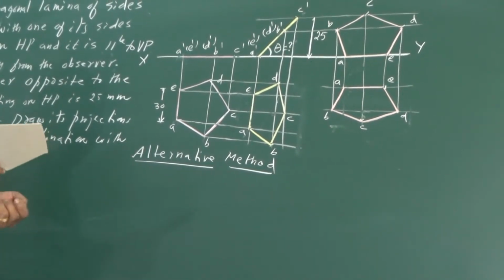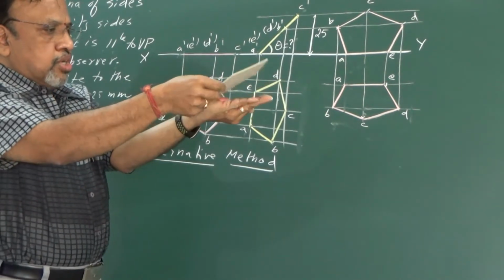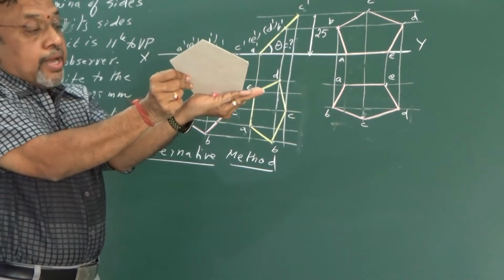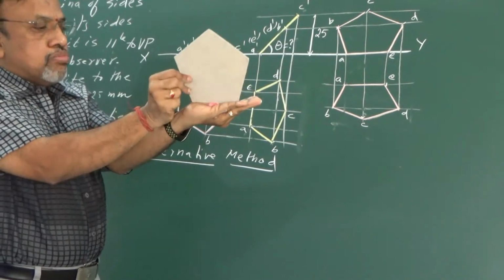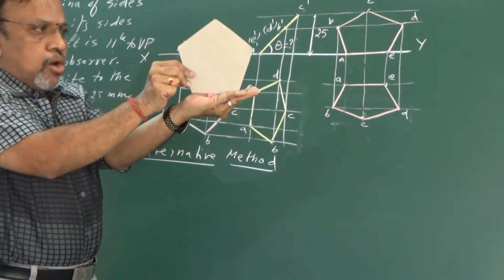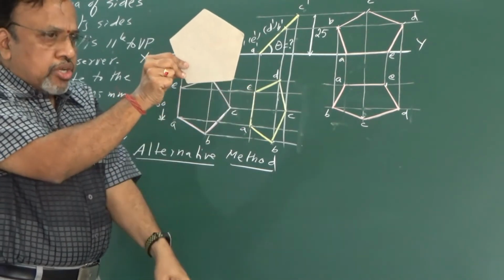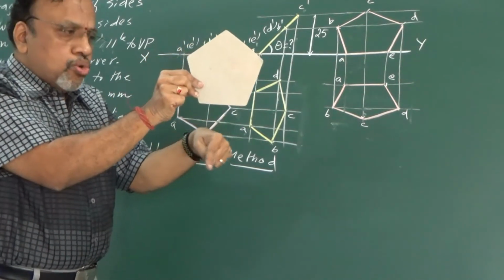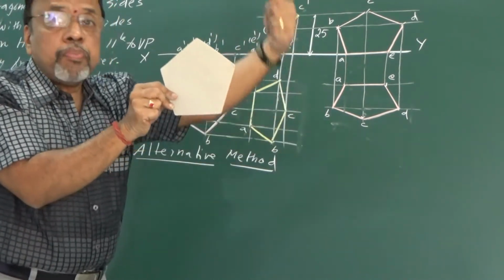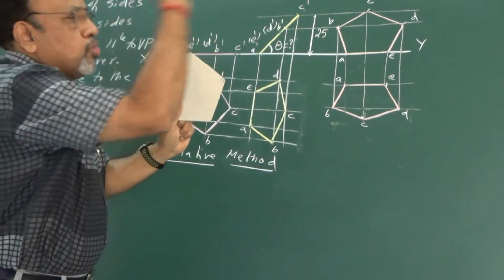So what do we do by the alternative method? Anyway, I have just demonstrated that. Earlier it was like this, it was like this, then it was like this. Now, here I initially assume that the lamina is parallel to VP. Since the lamina is parallel to VP, with reference to HP it will be seen as a line. Not only will it be seen as a line in the top view, it is even perpendicular to PP, that is the profile plane. Now, if I want to draw the side view onto my right side,